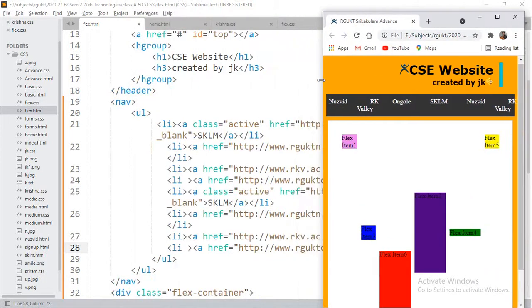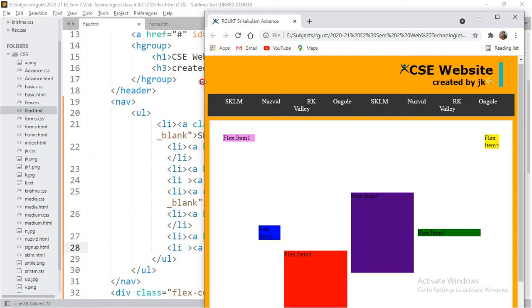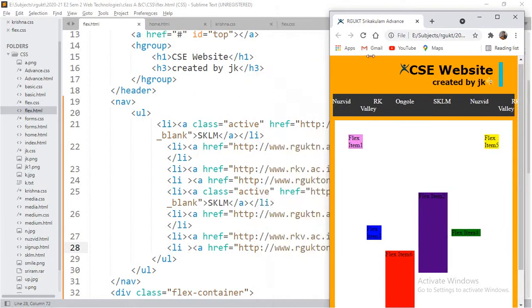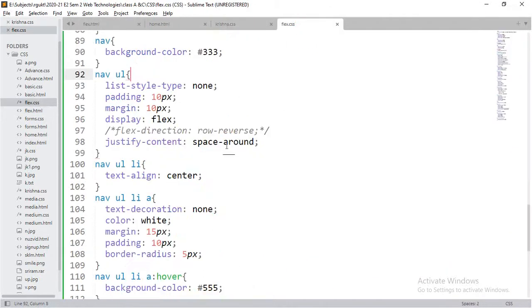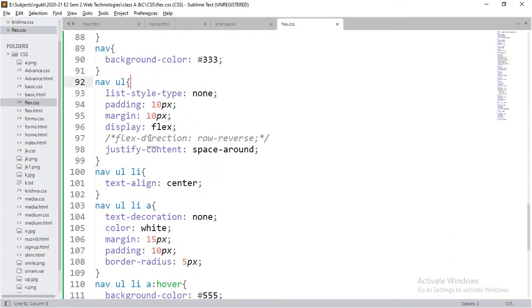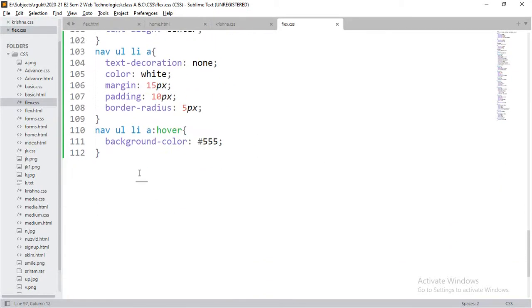The look and feel is not good. So instead, if the width of the screen decreases to around 600 pixels, I can convert this flex direction into column-wise so that it looks good.